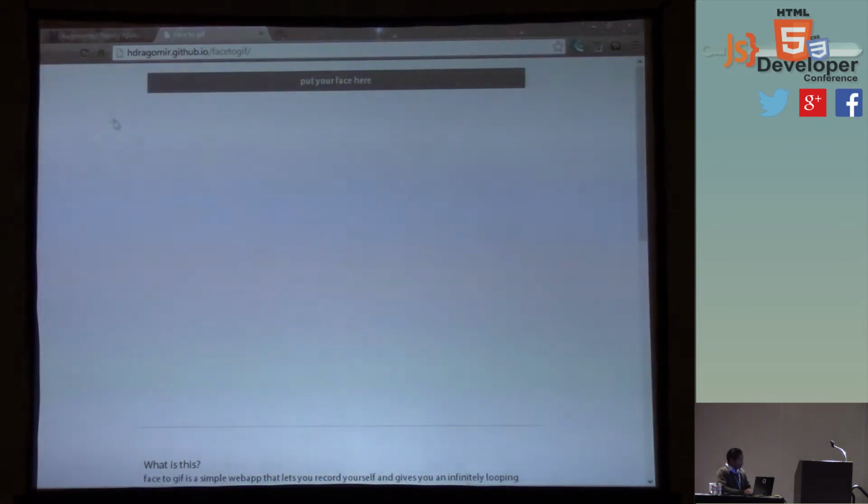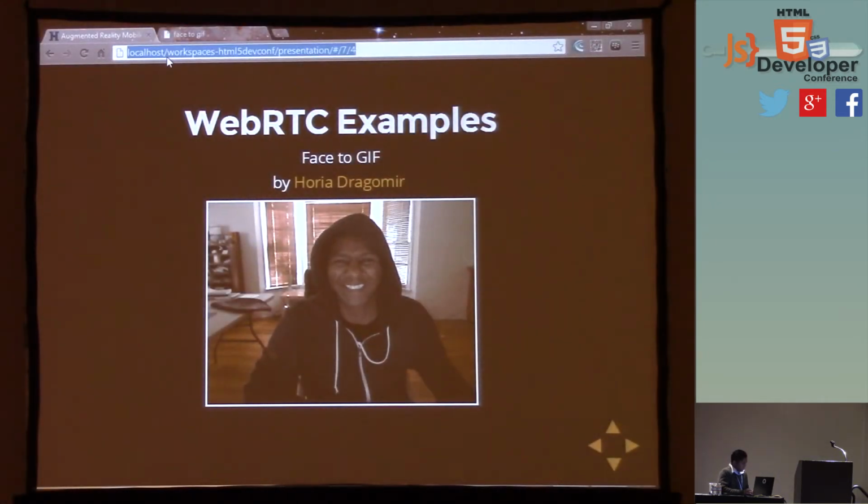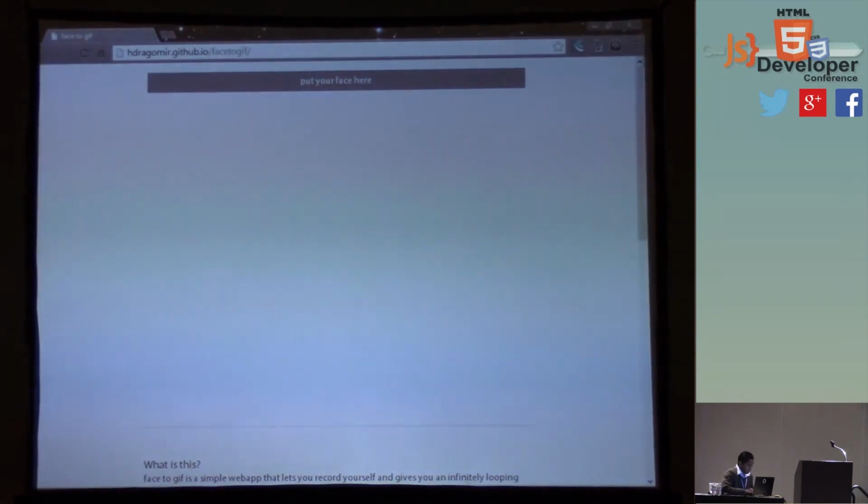You have to turn this one off. You can only have one instance of the camera, so I'm thinking this is going to require me to restart that. Reload.